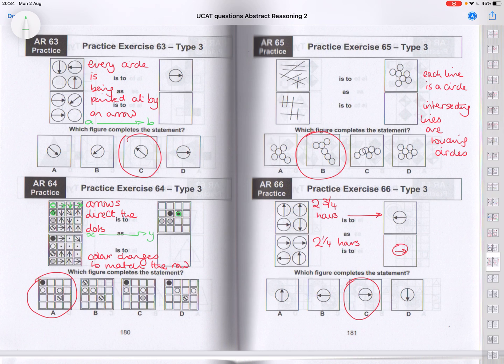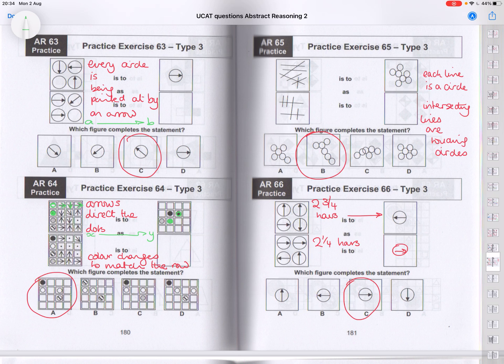The next one down, this black one here, is going to go down one, diagonally one, and up one. So it's going to go down one, then it's going to go diagonally, and then it's going to go up one. So it's going to end up in this position here, and so on. Now the other thing to note is that the dots then take on the colour that corresponds